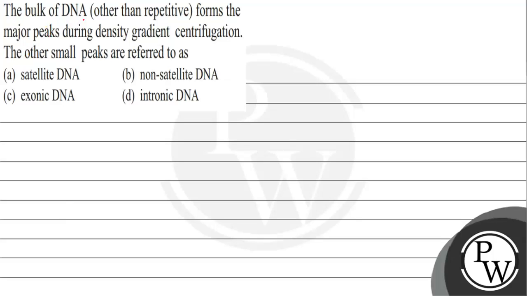The question says that the bulk of DNA forms the major peak during density gradient centrifugation. The other small peaks are referred to as? Let us look into it. So basically, the key concept is DNA